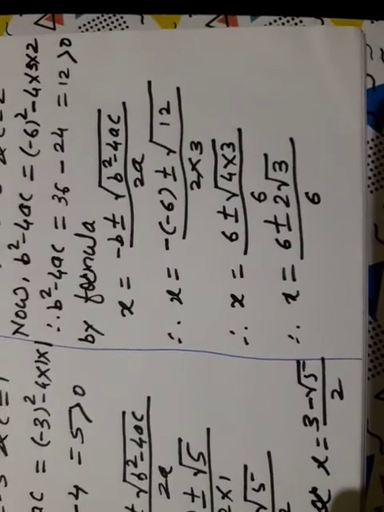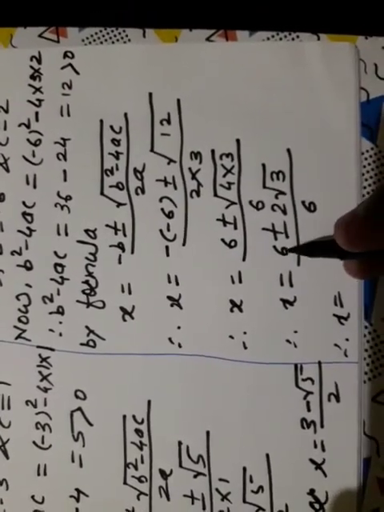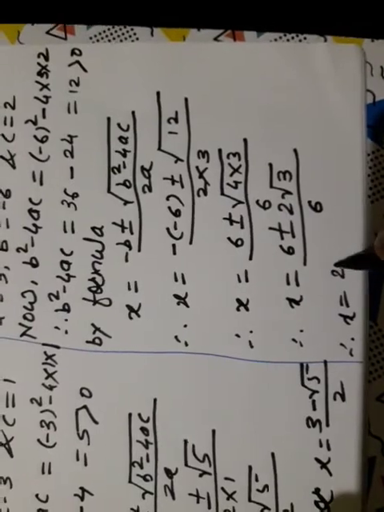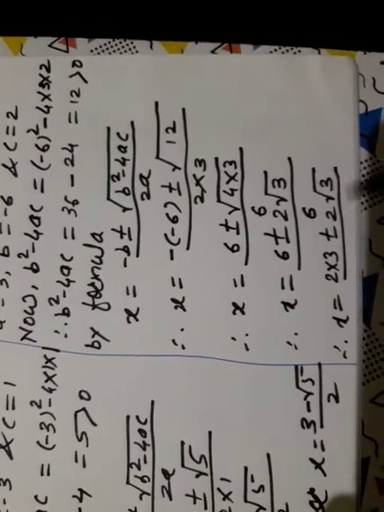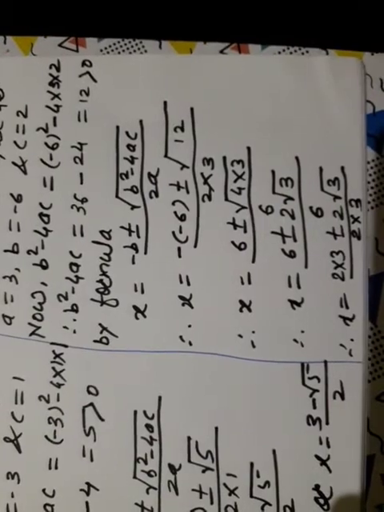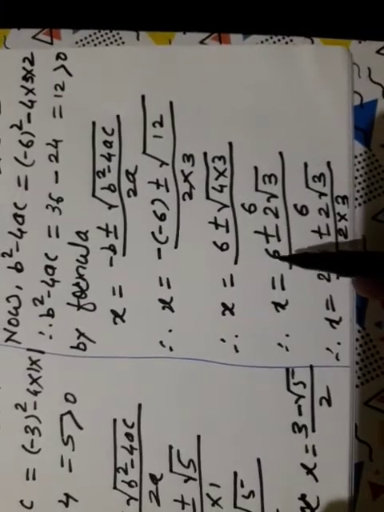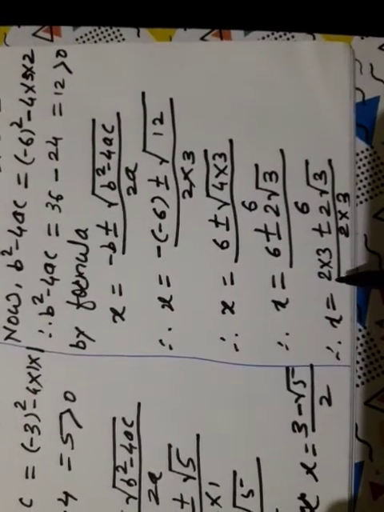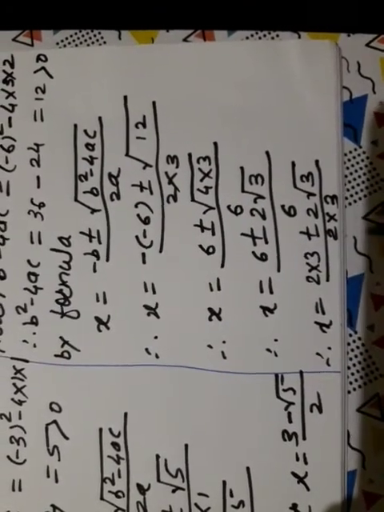Do you understand? Now whatever possible things are there, that we have to find out. Here we can take 2 as the common factor. Look here, x is equal to, here 6 we can write 2 into 3, plus or minus 2 root 3, divided by, this also we can write, you know that very well, 2 into 3. Okay, do you understand up to this step? What I did, I have written that 6 and these 6 in the form of prime factors. 6, 2 into 3, this also 2 into 3.